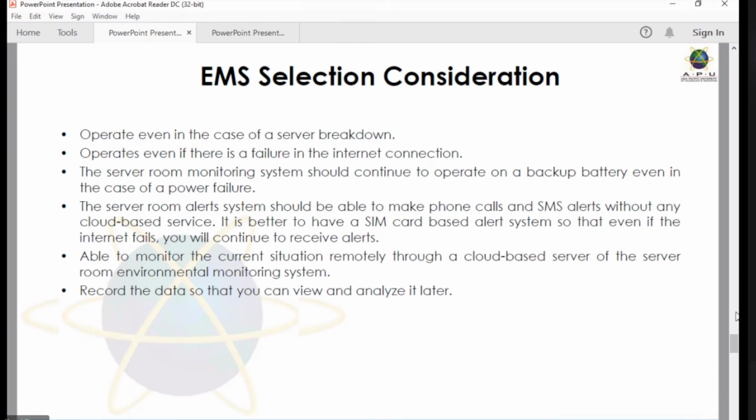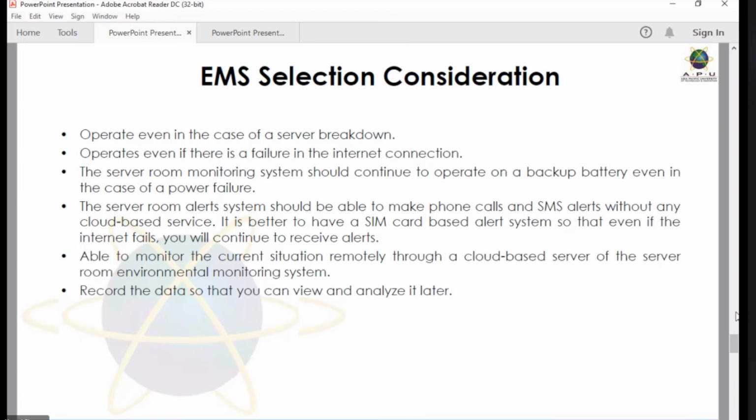Okay, server room alert system should be able to make phone calls and SMS alerts without any cloud-based service. It is better to have a SIM card-based alert system so that even if the internet fails, you'll continue to receive alerts. Able to monitor the current situation remotely through a cloud-based server of the server room environmental monitoring system. Record the data so that you can view and analyze it later. So to select